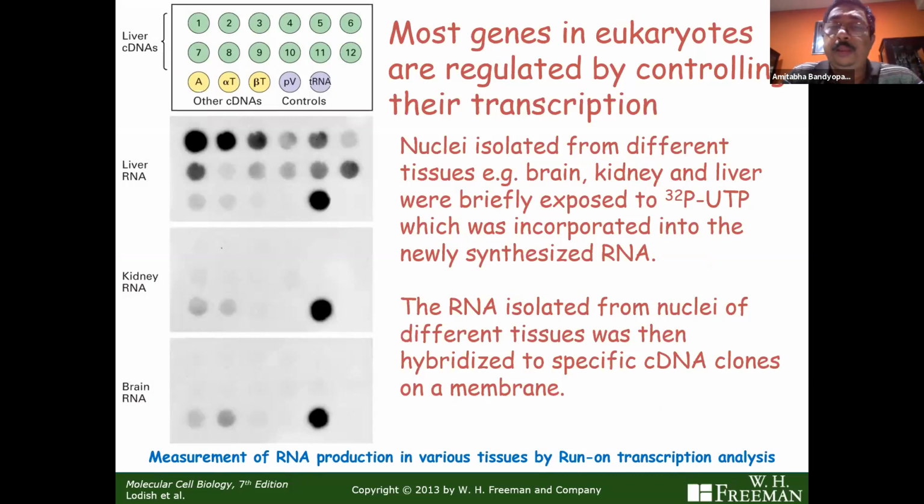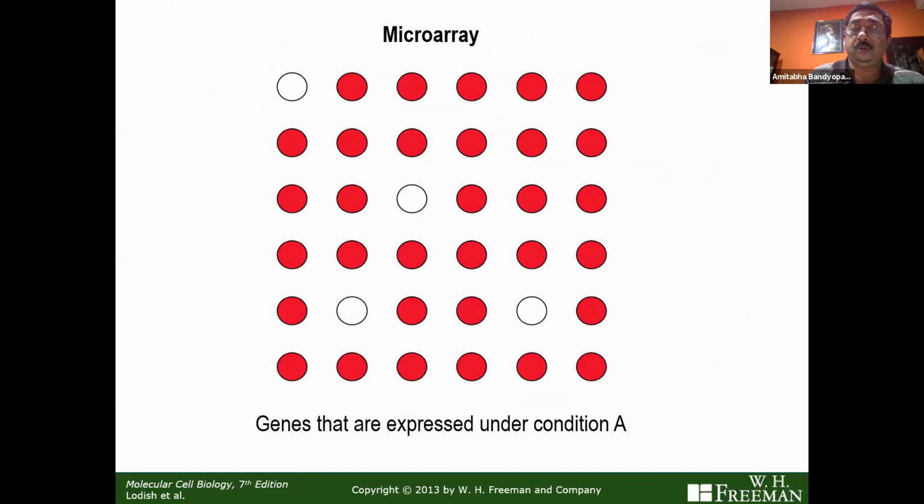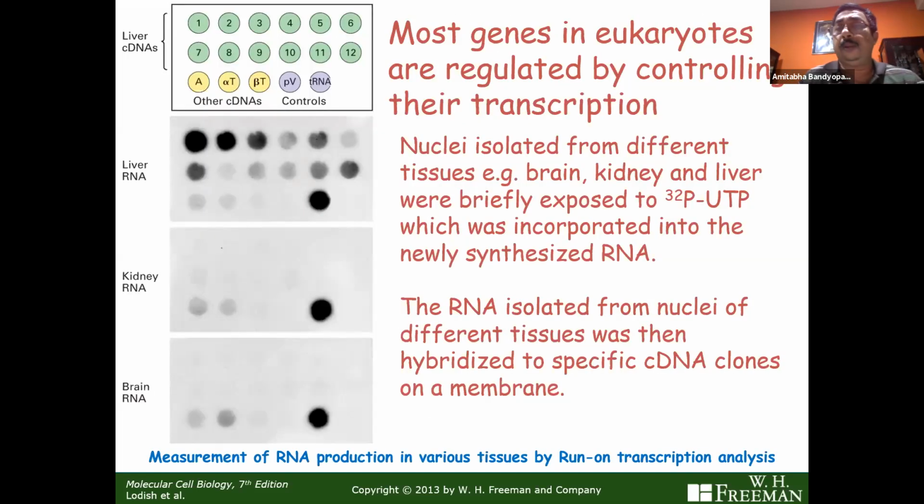The microarray is basically a normal glass slide that you may have seen in hospitals, in path labs, in laboratories if you have been to. On that regular glass slide, you will have spots of cDNA for thousands of genes. Now, that's what a microarray is. And what you do with a microarray is exactly like this, but